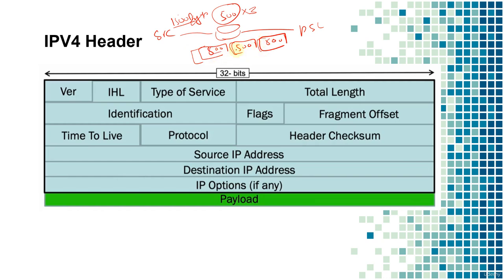So the packet size is 500 bytes, 500 bytes, and 500 bytes to accommodate 1500. So this is where we need to provide the identification. Since all these packets are related to one single communication, maybe the identification of these packets is A123, A123, A123. So this is how the destination, when it receives them, has a clear understanding